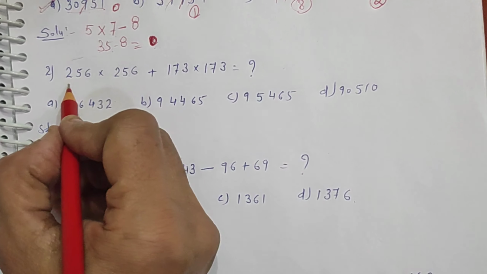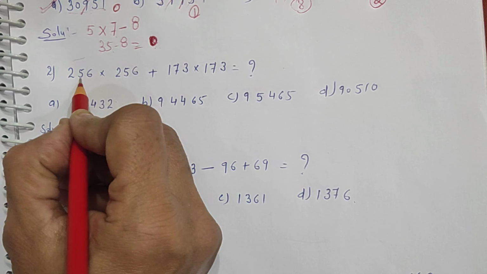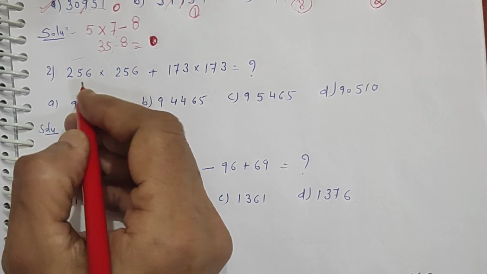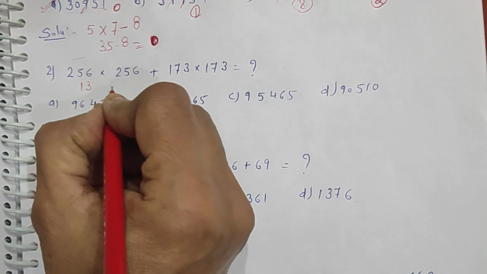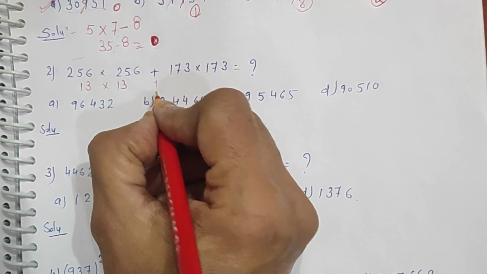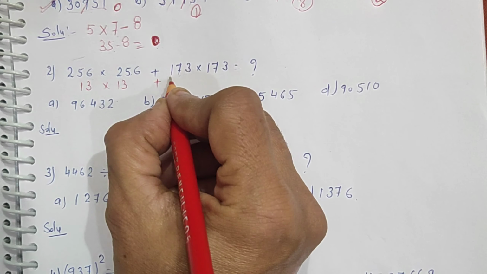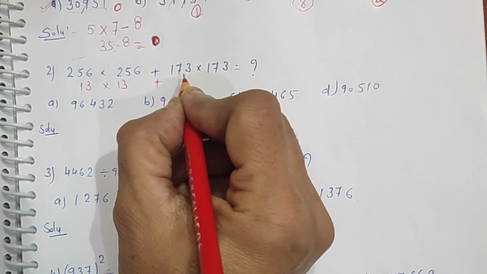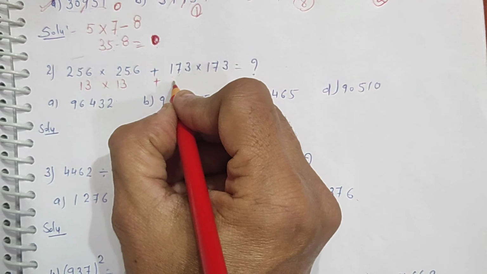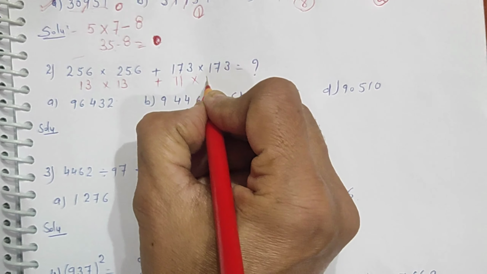Just look. 5 plus 2, 7. 7 plus 6 is 13. Right? And 13, how are we writing 13? This way. So this is also like this. And here, if you see this, 7 plus 1, 8. 8 plus 3 is 11. How are we writing 11? Like this. This is also 11.